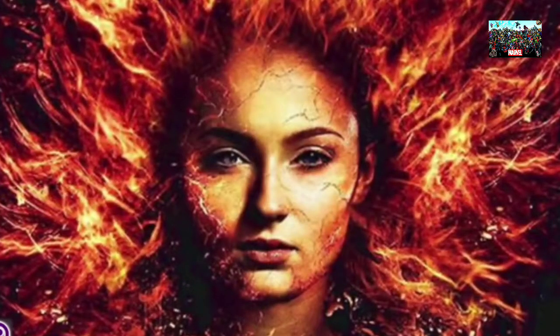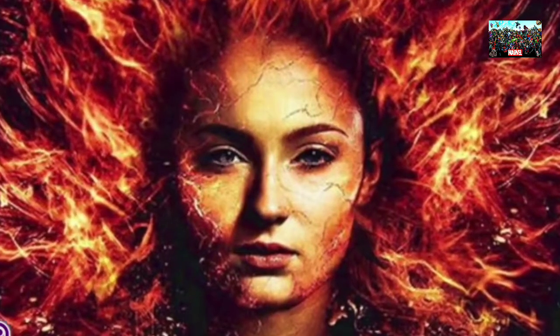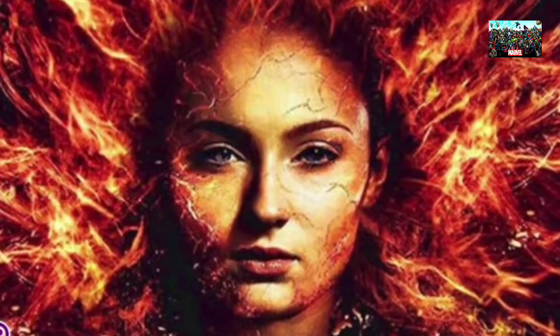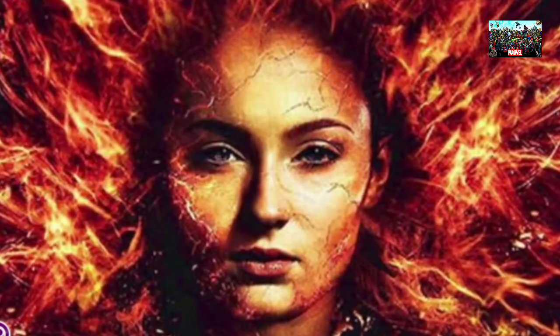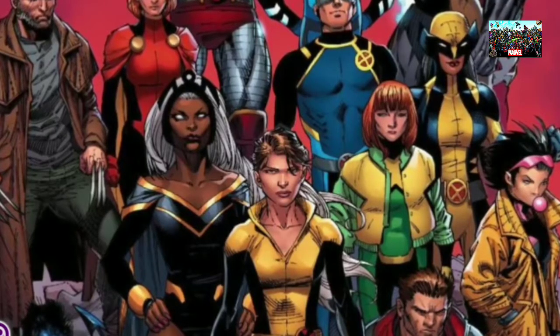But the Phoenix Force could be trapped inside of the Mind Stone. So at the end of Avengers Endgame, if they choose to destroy all of the Infinity Stones to keep anybody else in the future from collecting them all and using them, they could unleash the Phoenix Force by destroying the Mind Stone, and also Galactus by destroying the Power Stone. But unleashing the Phoenix Force could activate the latent X genes inside of mutants, therefore bringing mutants into the MCU. This is a perfect and fitting way to bring mutants into the MCU, and I wouldn't be surprised if Marvel